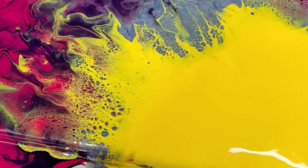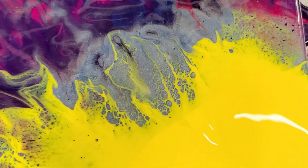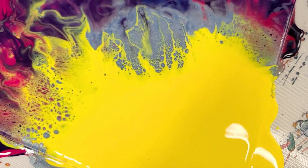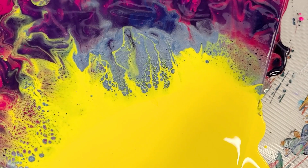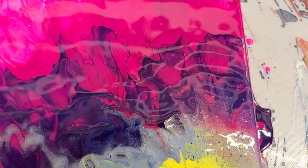All right, so you can see the yellow here interacting with that fairy spit. We got some really fun lacing in there. You can see that fairy spit line under there, which I'm not totally thrilled about. I think next time I would use a little more graduated color there instead of a kind of a stark